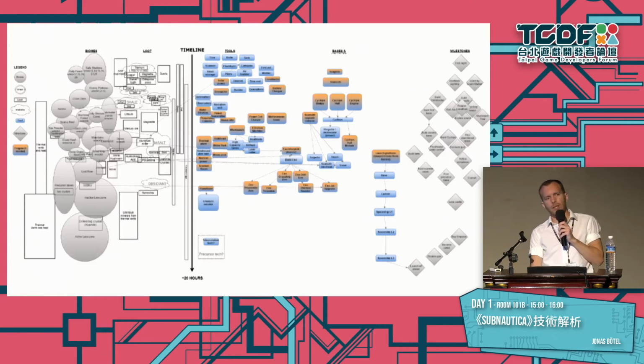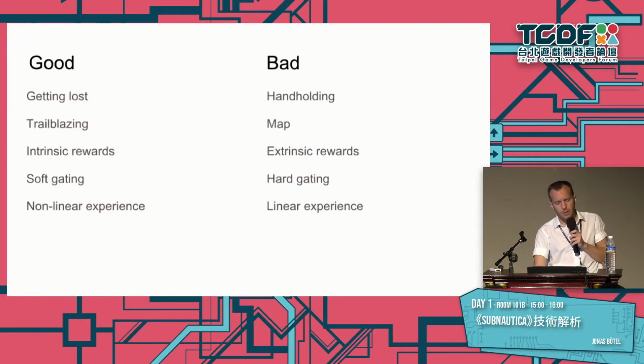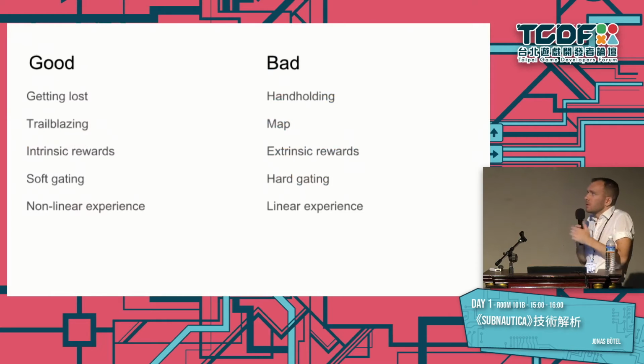And it's all really good, and that was like one more year or something of development and early access and people making videos about it. And we learned a few things here. So we learned that we should really focus on exploration and discovery. That is what the game is strong at. And we learned that we